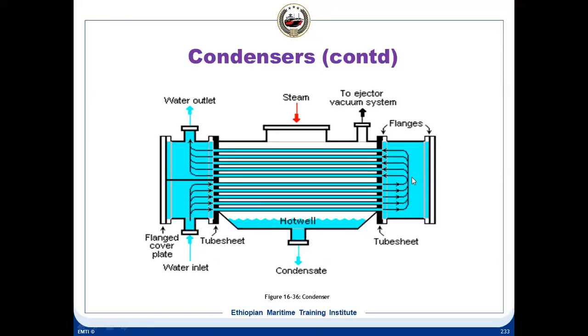Here they have depicted a 2-pass condenser. So water inlet, water outlet, your steam comes in here, condenses, and then it falls to this kind of sump at the bottom, and from there it is drained off to the hot well. The construction of this has double flanges on both sides. You could have a single flange with a dome kind of end cover, but here they have put double flanges, one here and one there.